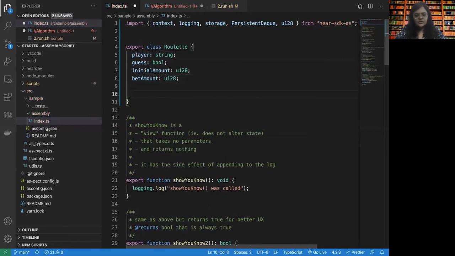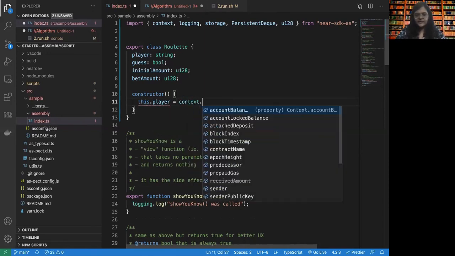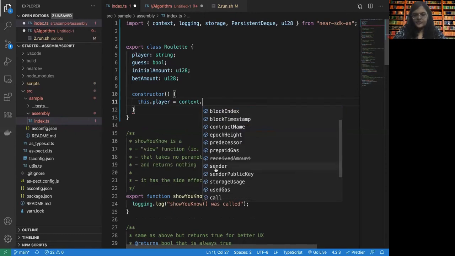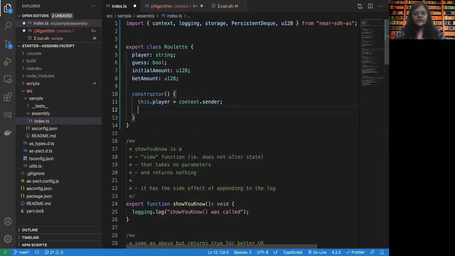So let us have a constructor where we are going to have this dot player is equal to, there is something called context which can have the account of the sender. So let's say context dot sender. This will store the player.